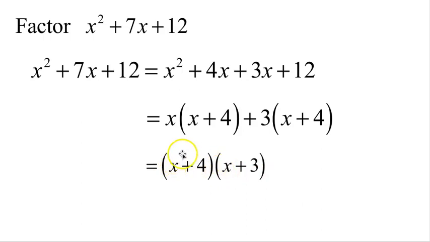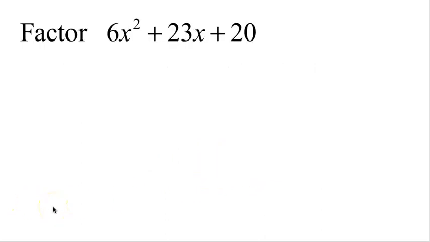If you're not certain, distribute. X squared plus 3x plus 4x, which is 7x plus 12. Looks good. Got another one. 6x squared plus 23x plus 20. This is a challenging problem. It's 3 pieces. I'm going to have to make it 4 by breaking up 23x into something and seeing if